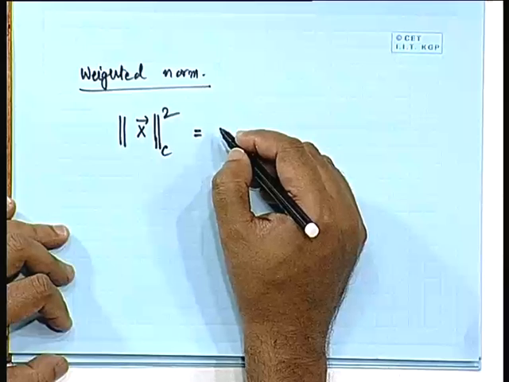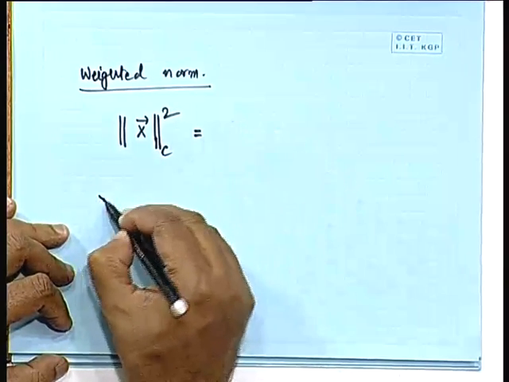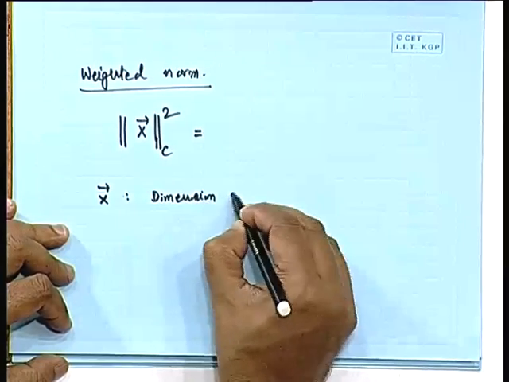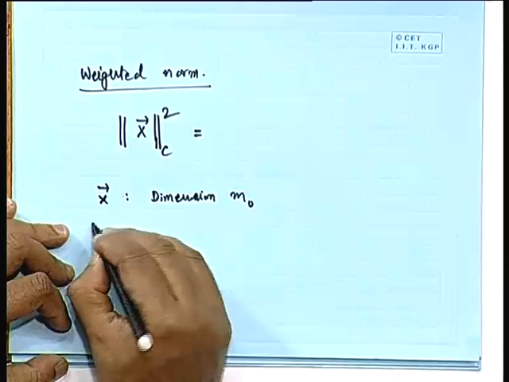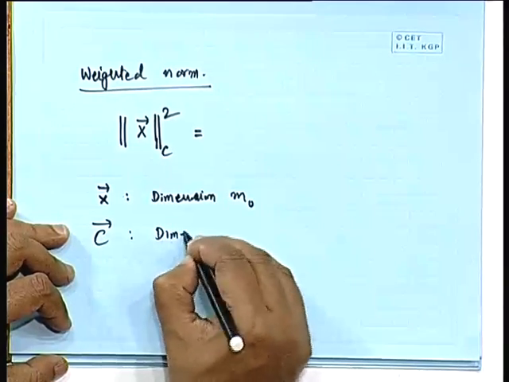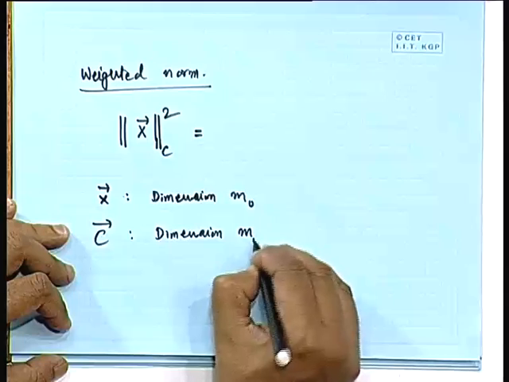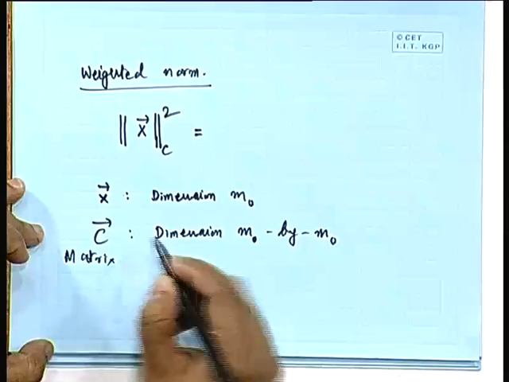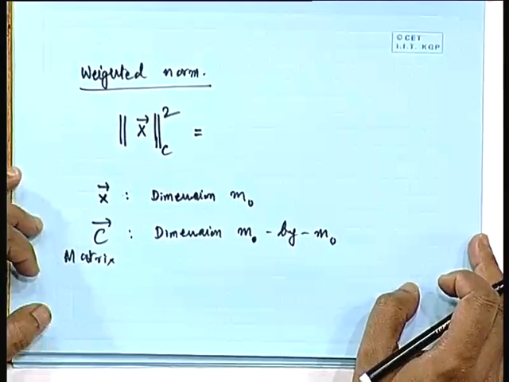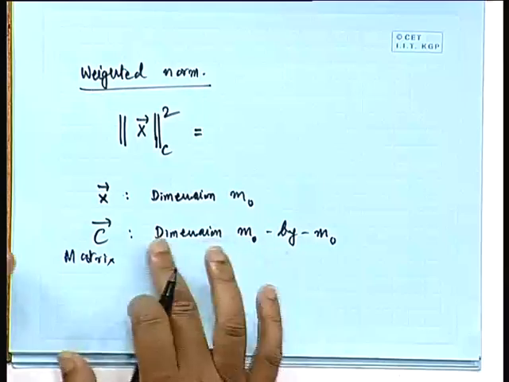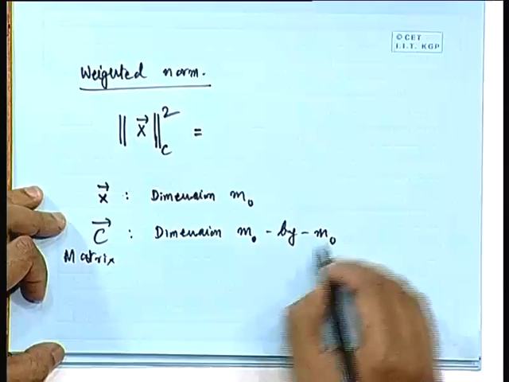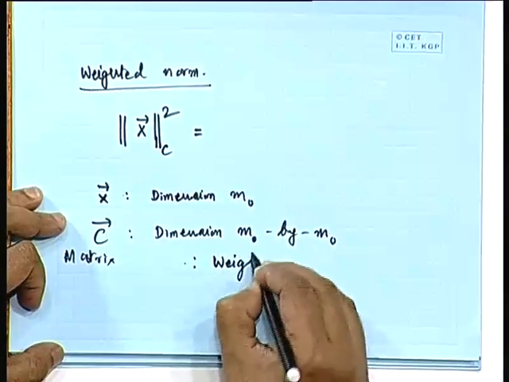Here we are making use of a matrix which is of size m0 by m0. Our x vector is of dimension m0, so we choose a matrix C of dimension m0 by m0. C is going to be a matrix which we will be using in the weighted norm expression, and we use this matrix as a weighting matrix. So, we will be calling this the weighting matrix,